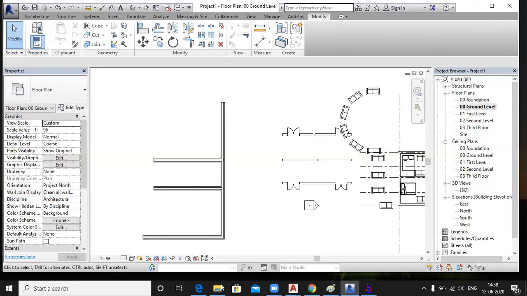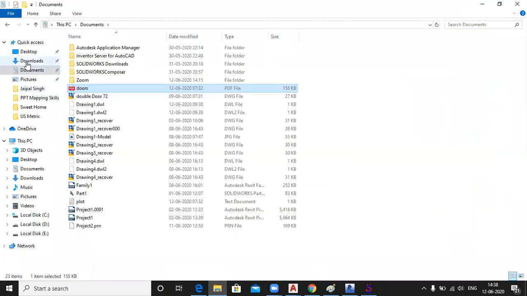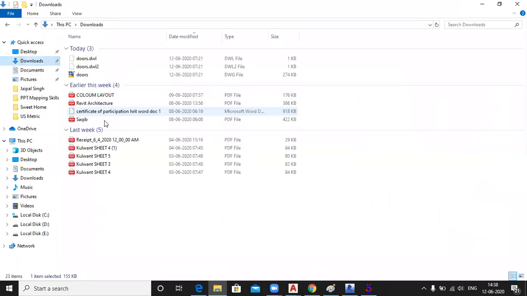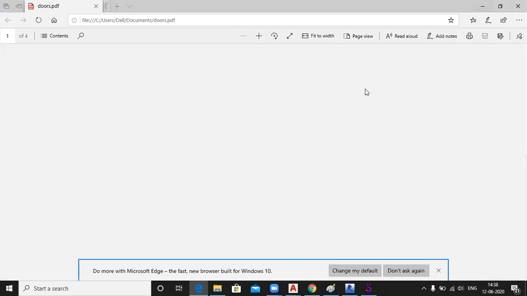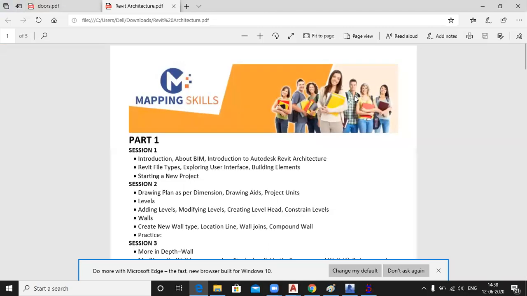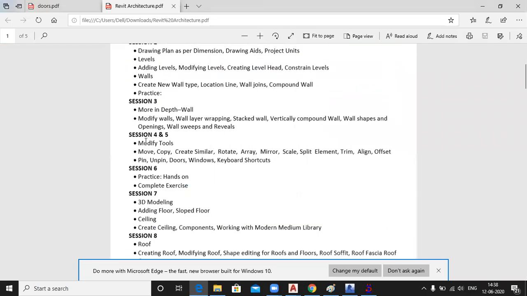Now I'm opening your session wise plan. This is your Revit structure course. In sessions 4 and 5: move, copy, create similar, rotate, array, mirror, scale, split element, trim, align, offset, pin, unpin, door, window, and keyboard shortcuts.